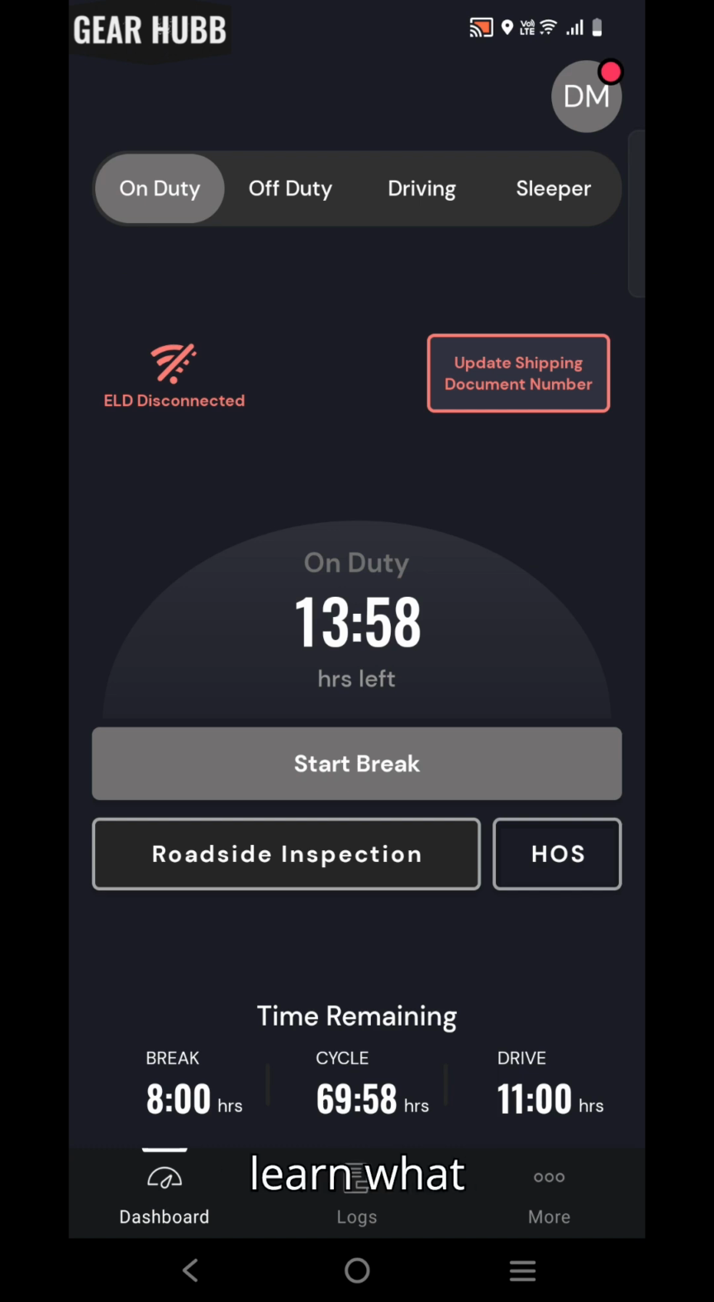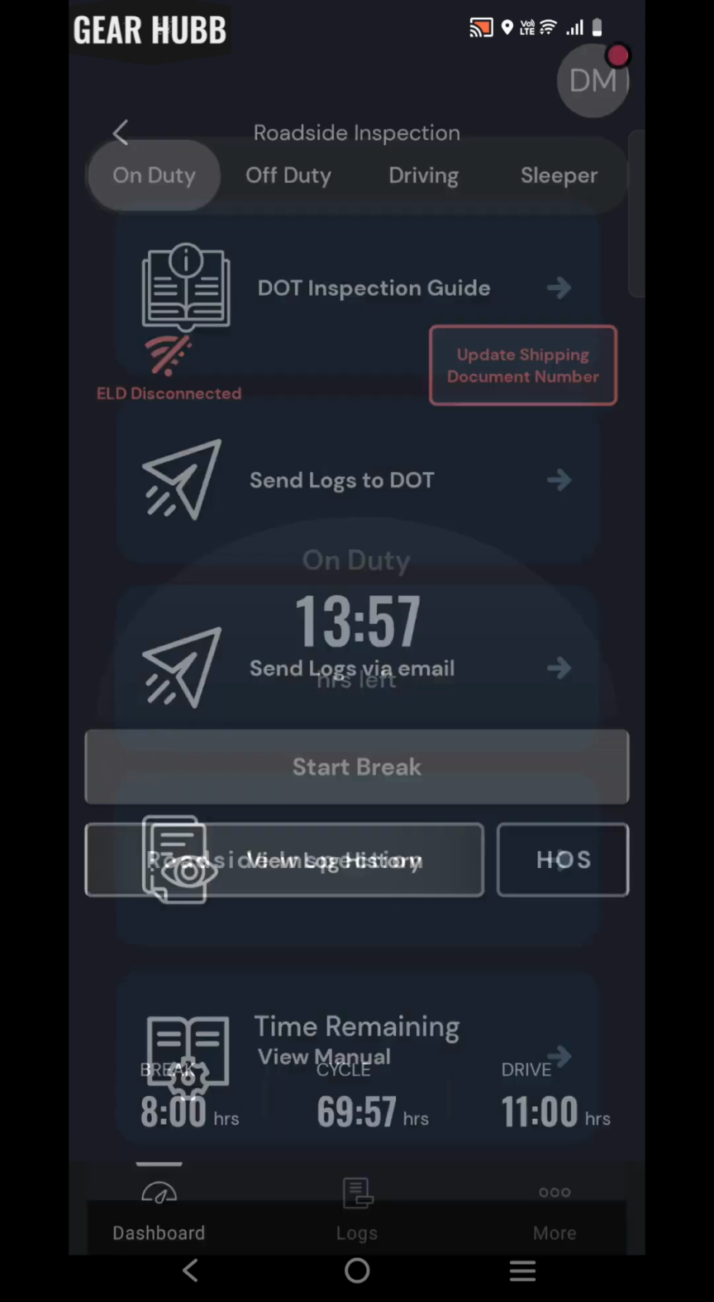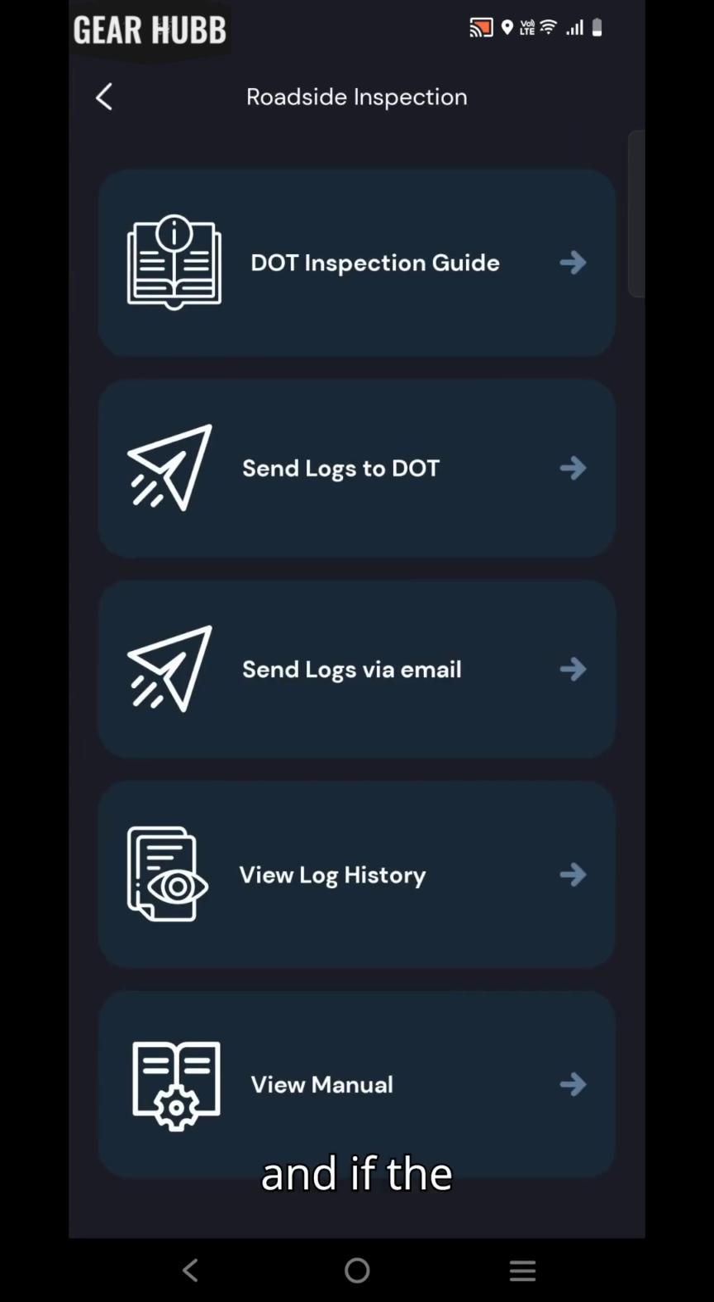And now we'll learn what needs to be done in case of a roadside inspection. So we'll click on the roadside inspection in the middle of the screen, and if the truck driver is pulled over by the DOT inspector, then the driver needs to submit the logs. So the driver can click on the second option, that is send logs to DOT,